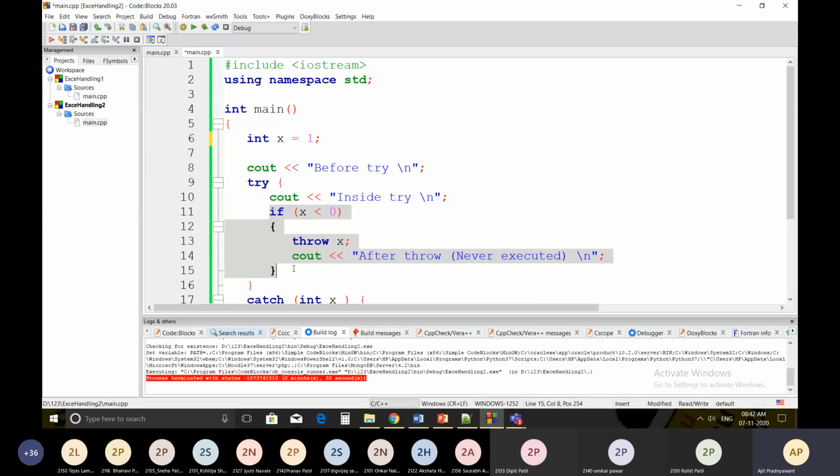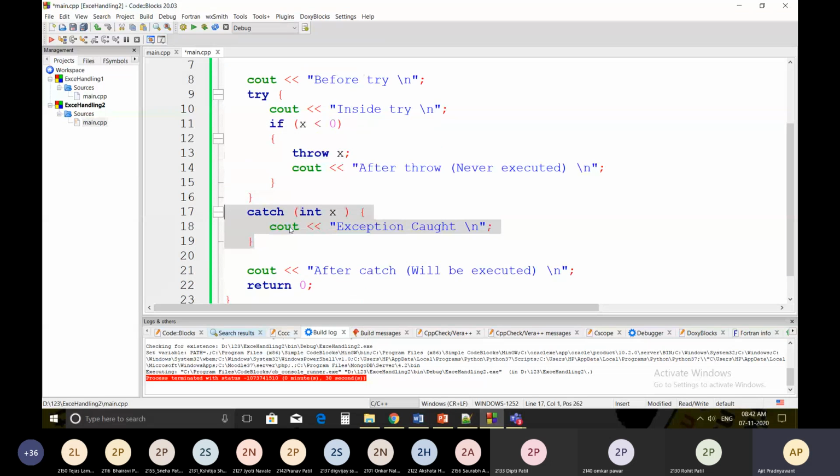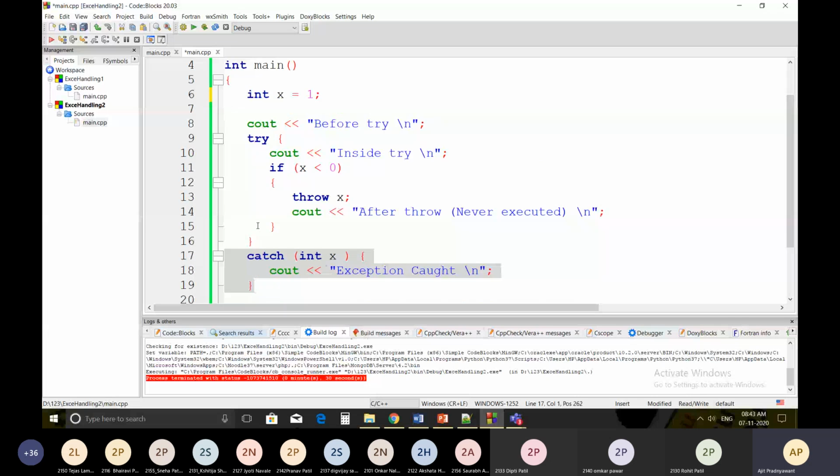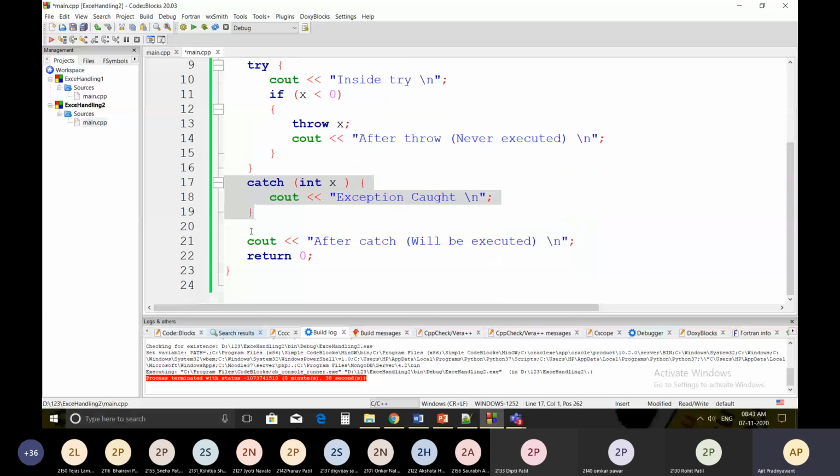No, so it will not throw the exception. It will not throw x. So this catch will not execute. Keep in mind, this catch will be executed only when you throw an exception to the catch. Now in this case, there is no thrown exception. And at the end, the statement after catch will be executed is executed.